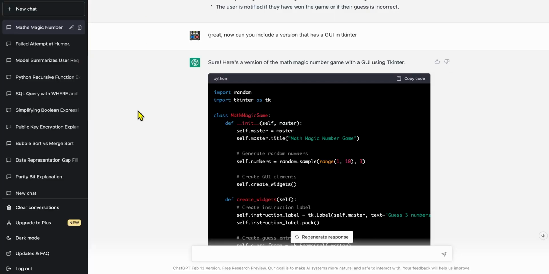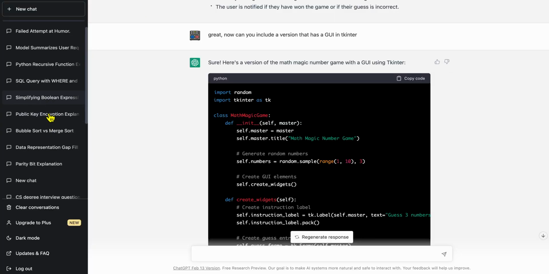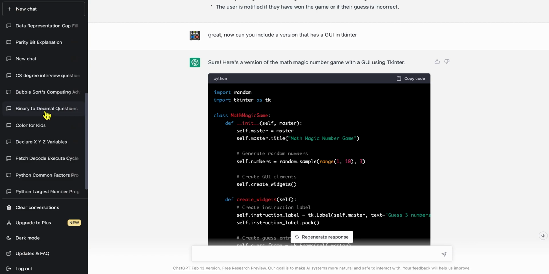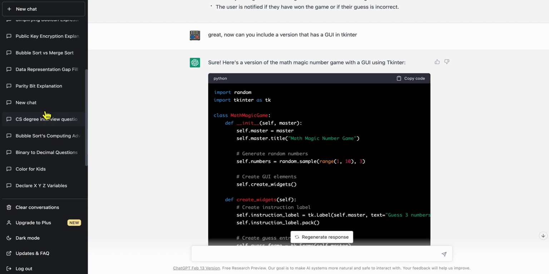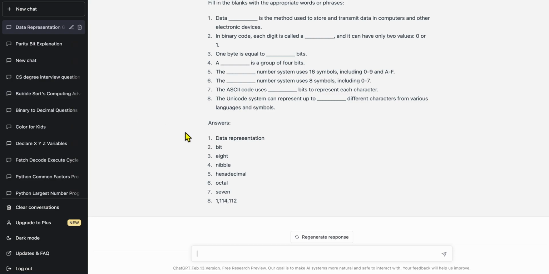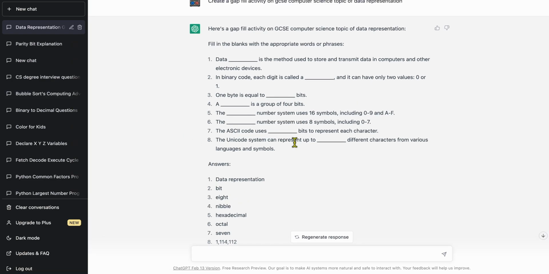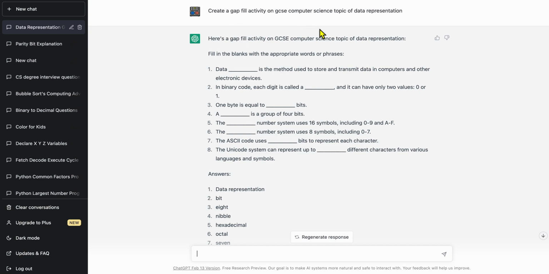If we move along here, you can see this is ChatGPT. These are some of the conversations I've been playing around with, depending on what you want it to do. So it can assist, I guess, in producing something like a gap fill, asking it to complete a GCSE activity on data representation. It's a starting point. It saves some of the work, and I can then adjust it slightly or iterate again and get something else. So a fairly straightforward use shown there.